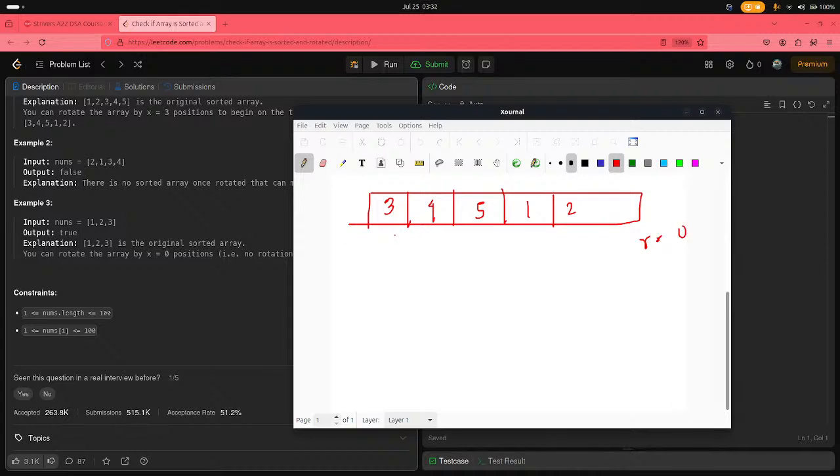So first, here I will take this one and this one. Now I will take this one and this one and check if 3 is greater than 4. If 3 is greater than 4, no, it is not. That time I will say no rotation, and then I don't have to care about that stuff again. So this will be